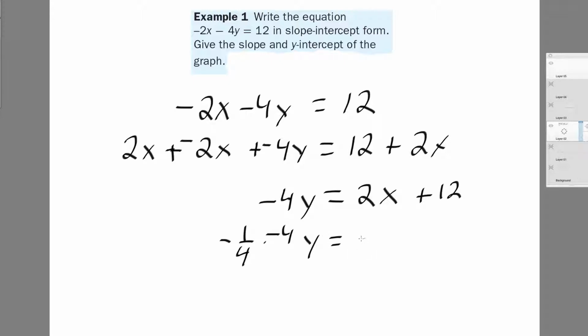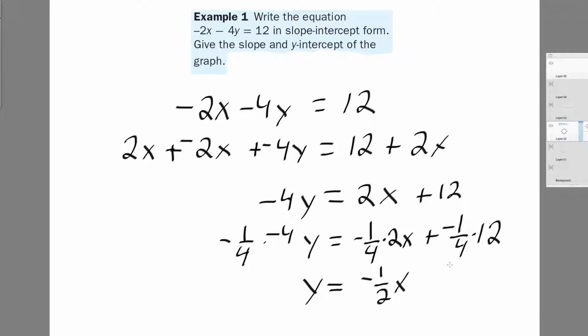And I have to do this to all the terms on the other side. I could have used the distributive property, but I wanted to make it clear that I have to multiply 2x by a negative 1/4 and 12 by a negative 1/4. So negative times a negative is a positive, 4 over 4 is 1. I've got the coefficient of y equal to 1. So y equals, 2 goes into 4 2 times, a negative 1/2 x,